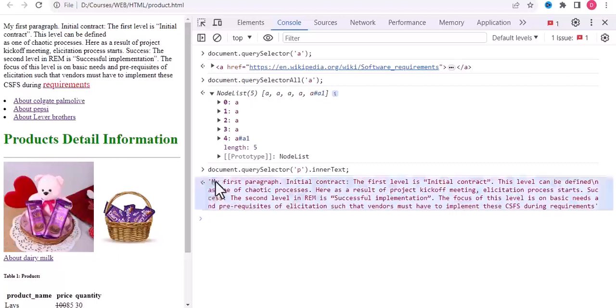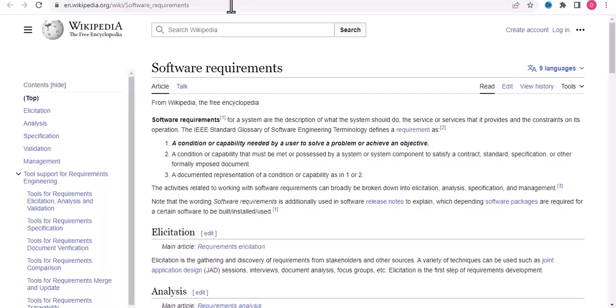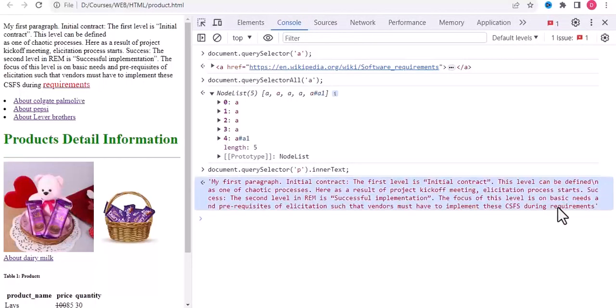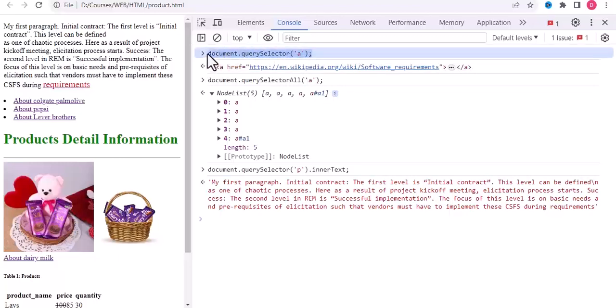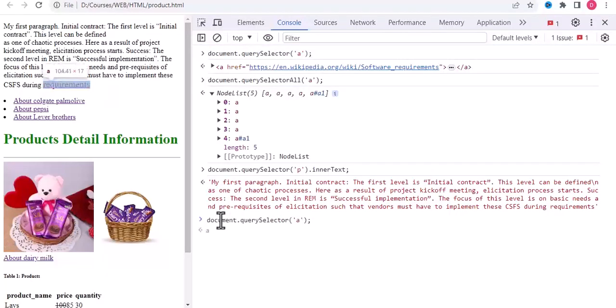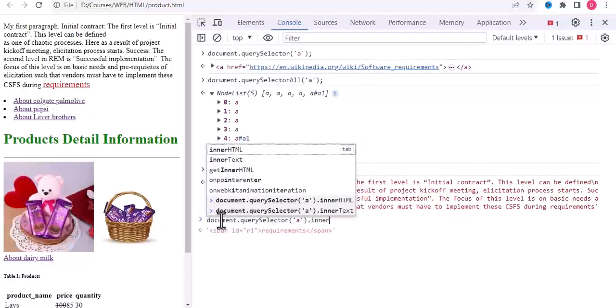Now you can see the whole paragraph as such in this document is written here with no HTML tags. For example, this requirement is red and underlined, which shows it is linked to some other page. If we open it, you can see some other page, but here this just looks like text. And if we write this statement and write innerHTML,